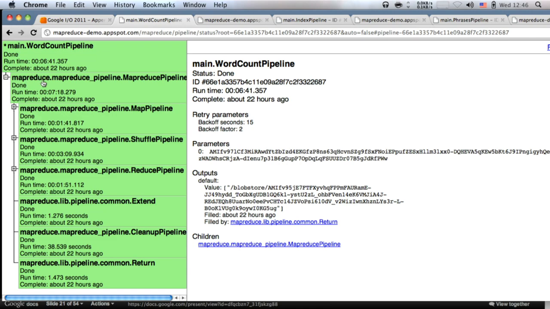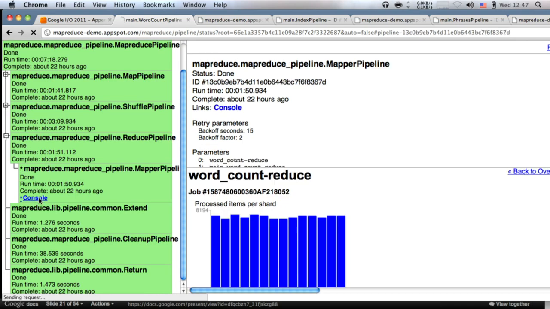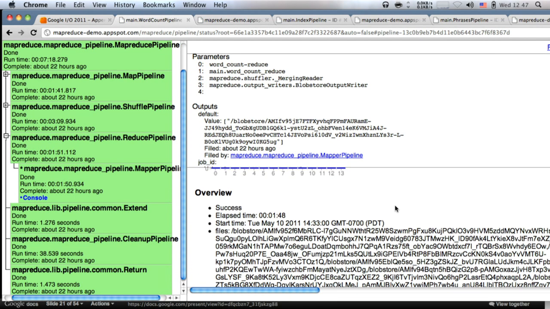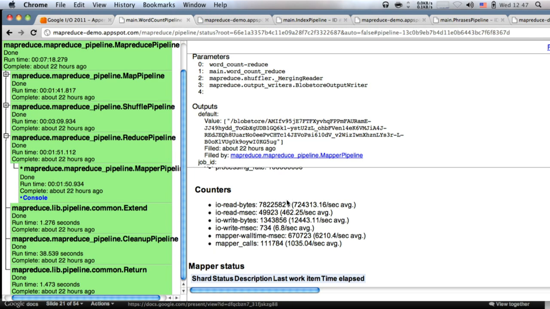But we can see that the whole MapReduce took like 6 minutes, 40 seconds. The map phase took 1 minute, 40 seconds. Shuffle took 3 minutes, and reduce took 1 minute, 50 seconds. And there are some additional steps like cleanup and some system steps. And if we take a reduce job, which has finished in a minute, like here it is, 1 minute, 48 seconds, we can see that it read